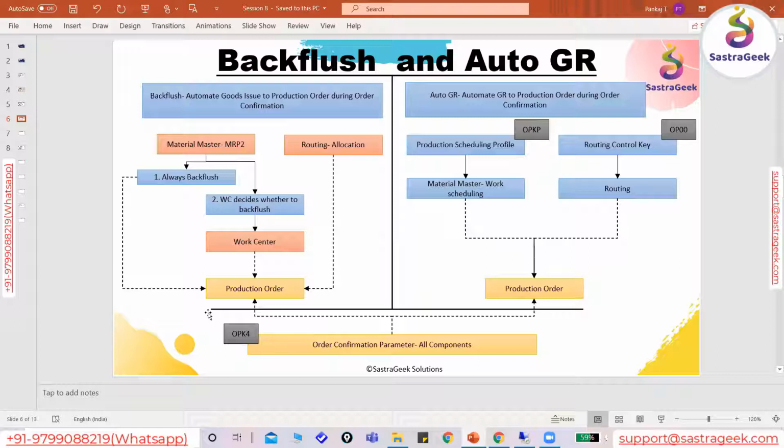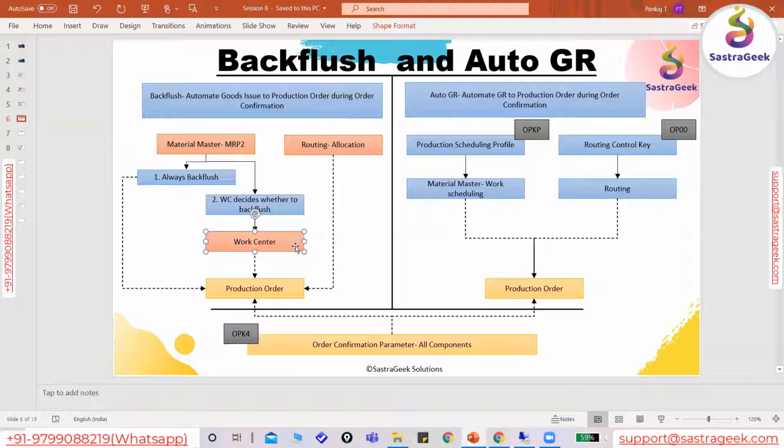A backflush is nothing but automatic goods issue to the production order during order confirmation, where we have three options available, which I have colored in orange. We can put the backflush indicator and do automatic goods issue to the production order during confirmation based on different business scenarios and cases.